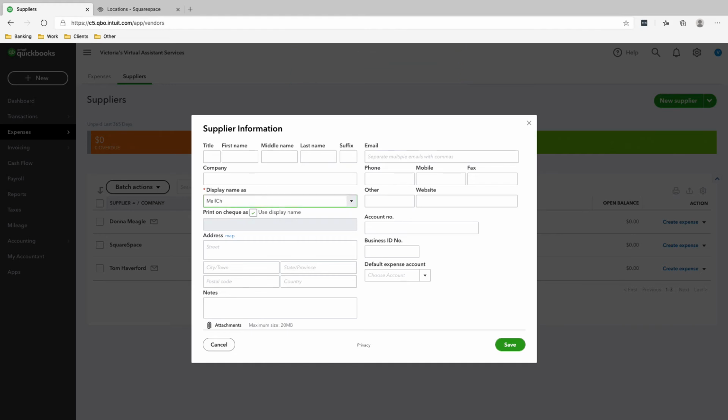MailChimp. This one is also outside of Canada. Let's just say United States over here. And Calendly. Display name as Calendly. Then let's put